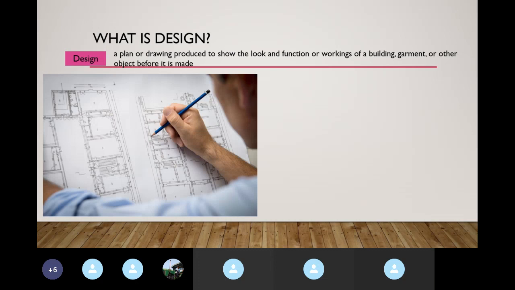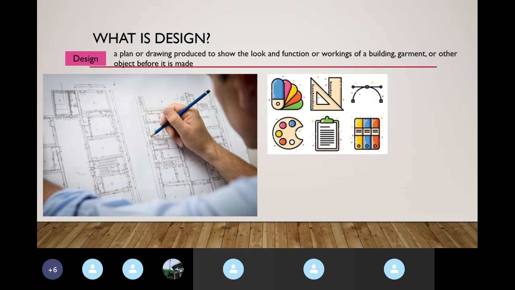So that is very important. You have to imagine how things will look by placing them nicely before you actually build them. So designing is about thinking before you build. And for that you require various tools. You will use colors, you will use some scale, some other tools. You will use them later on also to build it, but initially you will use them for prototyping or